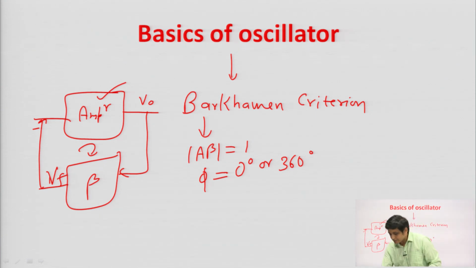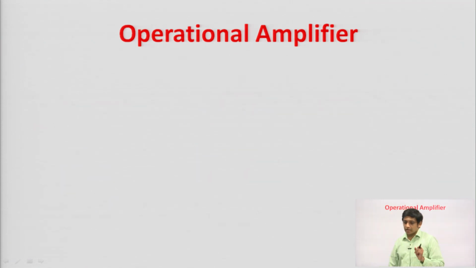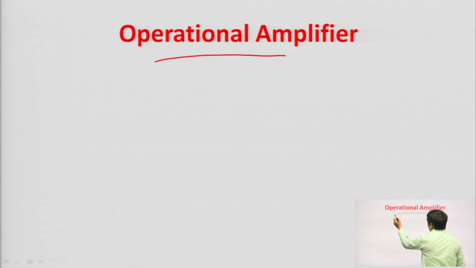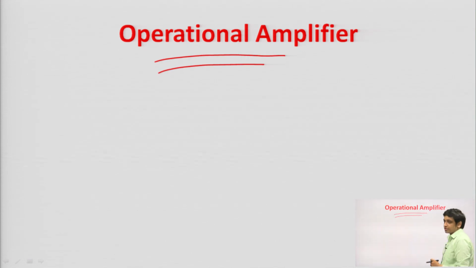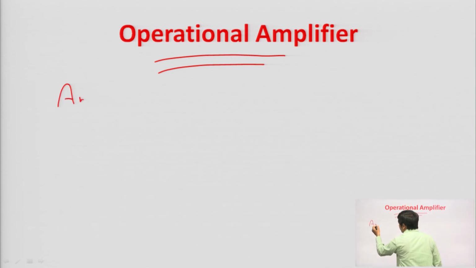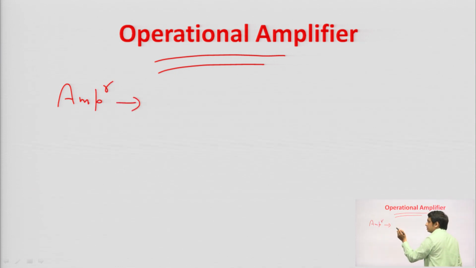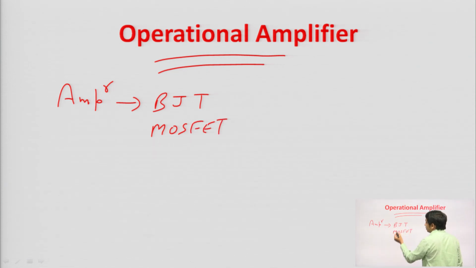Now, starting with the oscillator, that is the Wien-Bridge oscillator, but before that one thing which I want to mention here is operational amplifier. Although we will study in detail this operational amplifier in unit 5, the reason why I am discussing it here at this moment is that in any oscillator we need an amplifier. So, how we can design this amplifier? Up to now we know that we can design this amplifier using BJT, that is BJT amplifier, or using MOSFET, that is MOSFET amplifier, and the third category is your operational amplifier, in short it is called op amp.